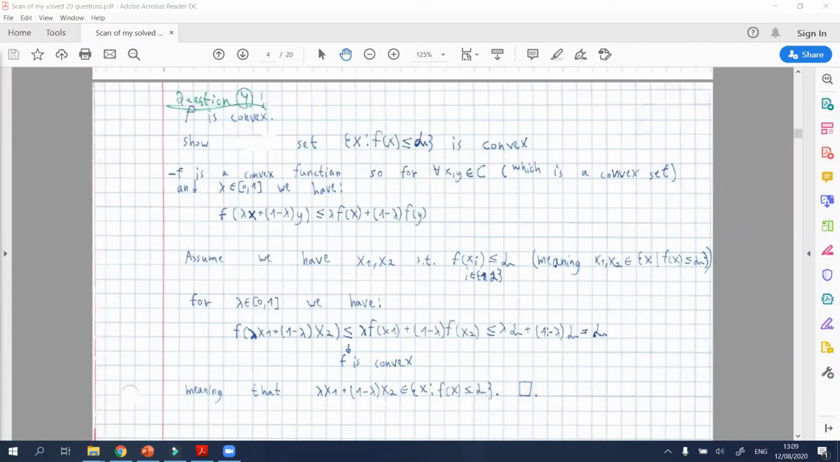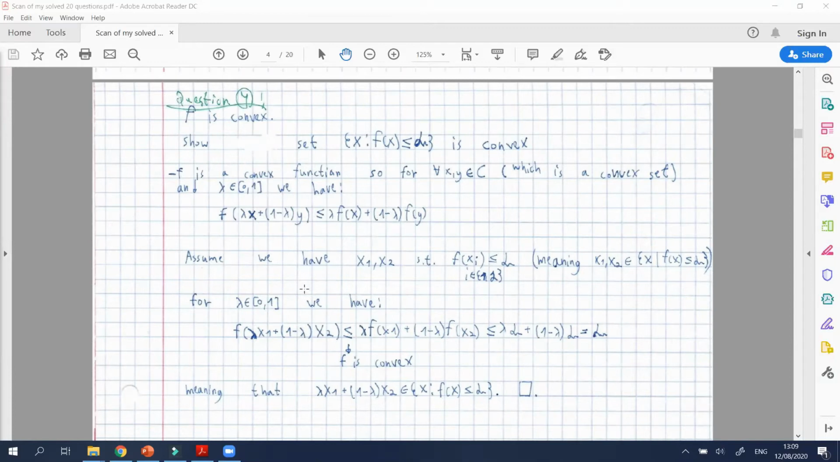So we're moving on to question number 4. We now want to show that if f is a convex function, the set of all x's where f of x is lower than or equal to alpha is convex. So if f is a convex function, we know that by definition, for every x and y, and for a lambda between 0 and 1, we have that f of lambda x plus 1 minus lambda y is lower than or equal to